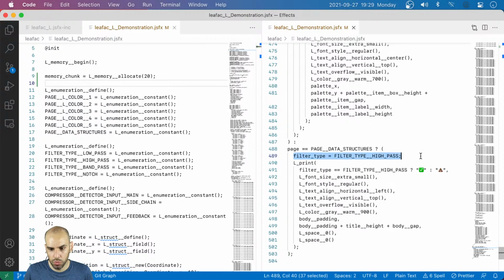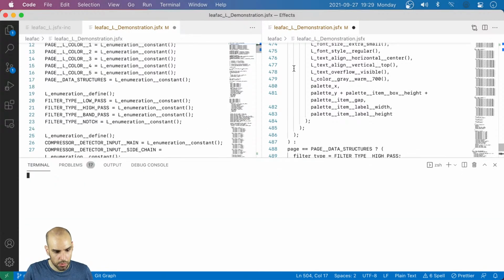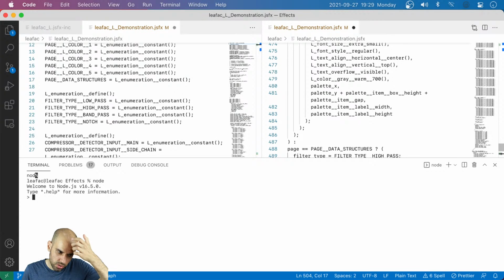So the same way that I'm doing something to a certain enumeration, I will do something to the memory chunk. And I allocated 20 spots, so I can go from 0 to 19. Let's start with 0. Let me write a script real quick. So from numbers starting at